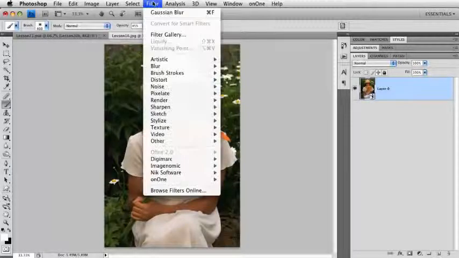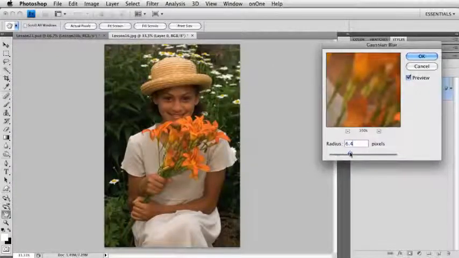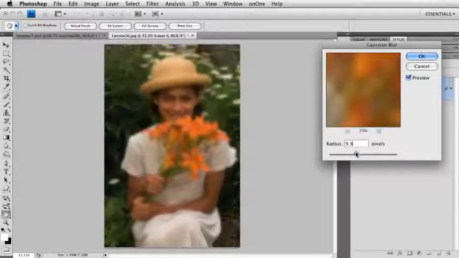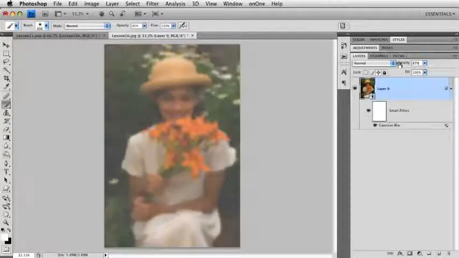So now let's go up to the filter menu, go down to blur. I'm going to choose Gaussian blur, and I'm going to crank up the radius here up to about 10 pixels or so. All right, hit OK. And then another option with the smart filters is that they have opacity. Now I can drop the opacity of just the blur, not the opacity of the layer,